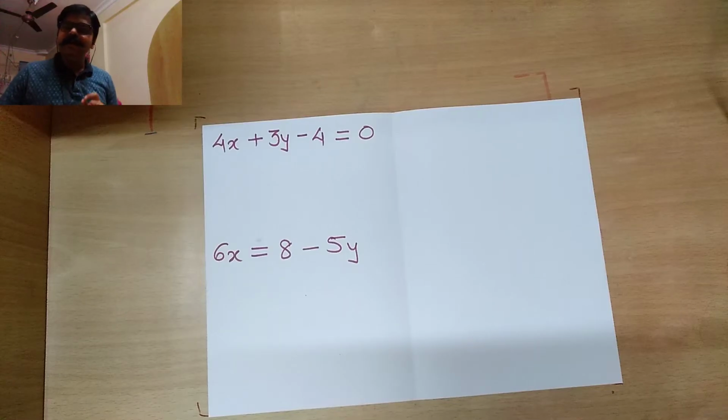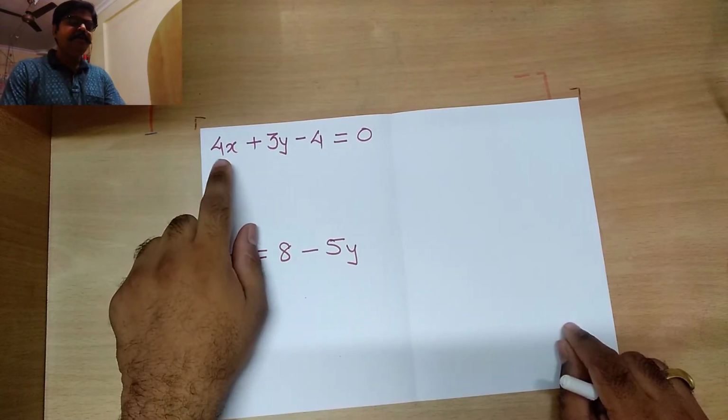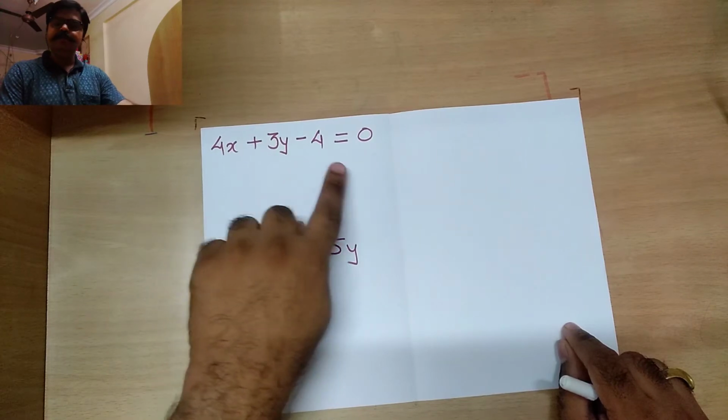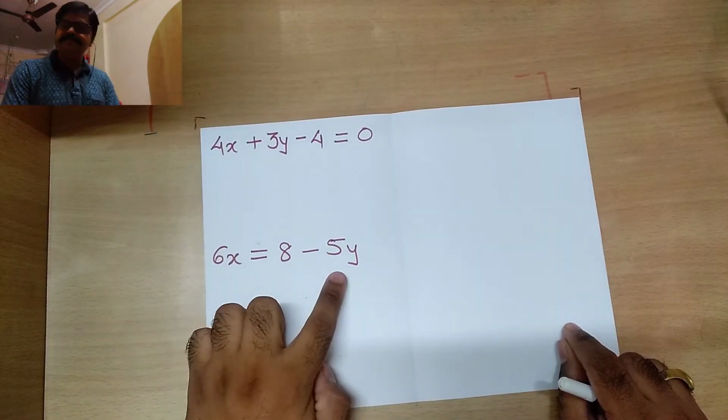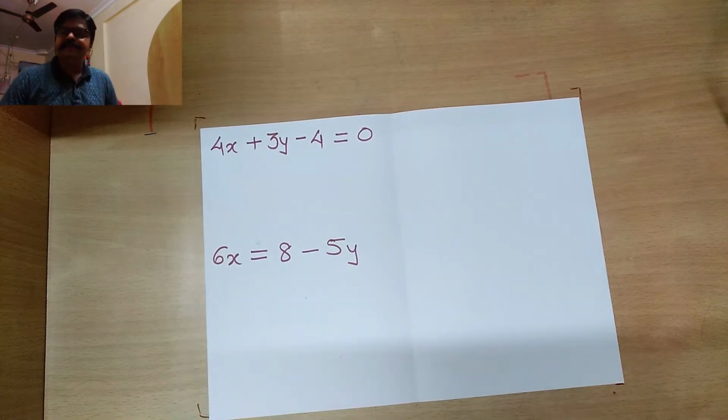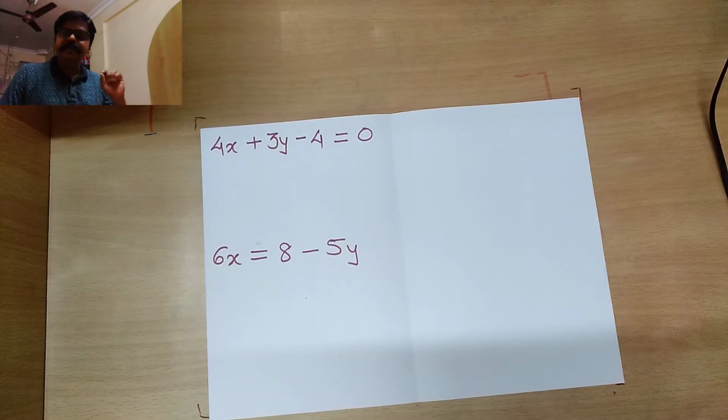ओके हम लोग आज यहाँ पर एक प्रॉब्लम सॉल्व कर रहे हैं। प्रॉब्लम दरअसल कुछ इस प्रकार का है, इज़ दैट हमें ये इक्वेशन दिए गए हैं 4x + 3y - 4 = 0 एंड 6x = 8 - 5y। इस प्रकार के इक्वेशंस दिए हैं ना। पहली बात तो ये इक्वेशंस हमें क्रैमर्स रूल से सॉल्व करने हैं, एंड सेकंड चीज़, दीज इक्वेशंस आर नॉट in their standard format.